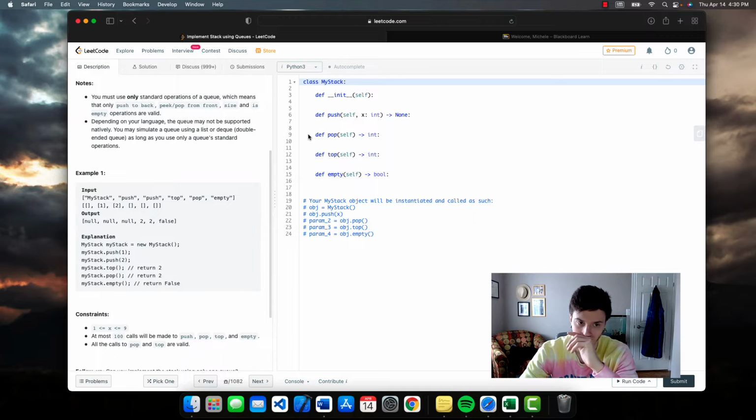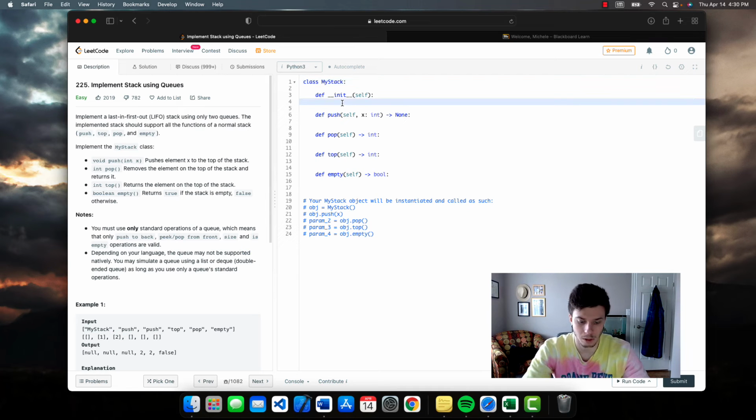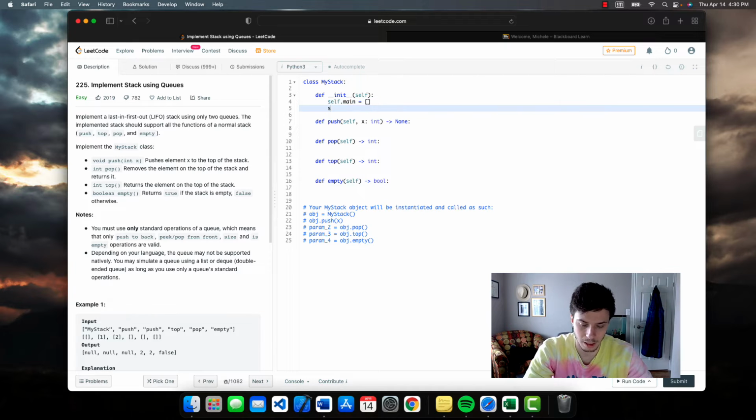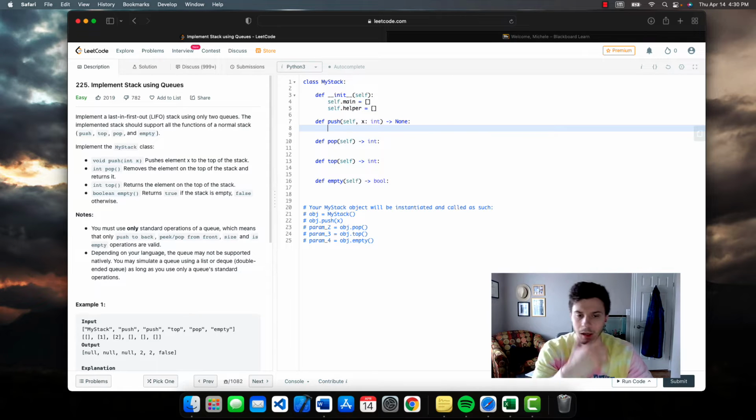Okay, so let's start. So we need 2 stacks, which again are 2 queues, excuse me, to implement the stack, and they're going to be represented as lists in Python. So we're going to do self.main equals an empty list, self.helper, again, equals an empty list. Okay, so now we're going to push. Okay, so this one's pretty easy. We're just going to say